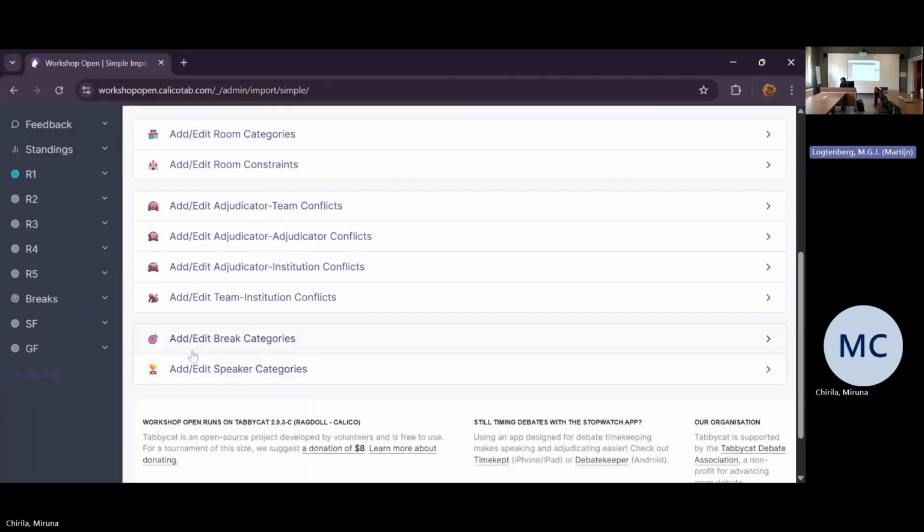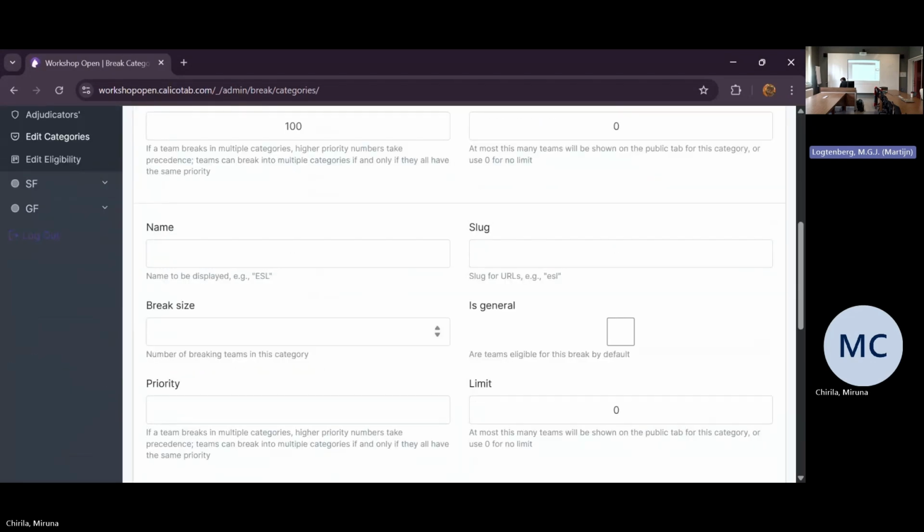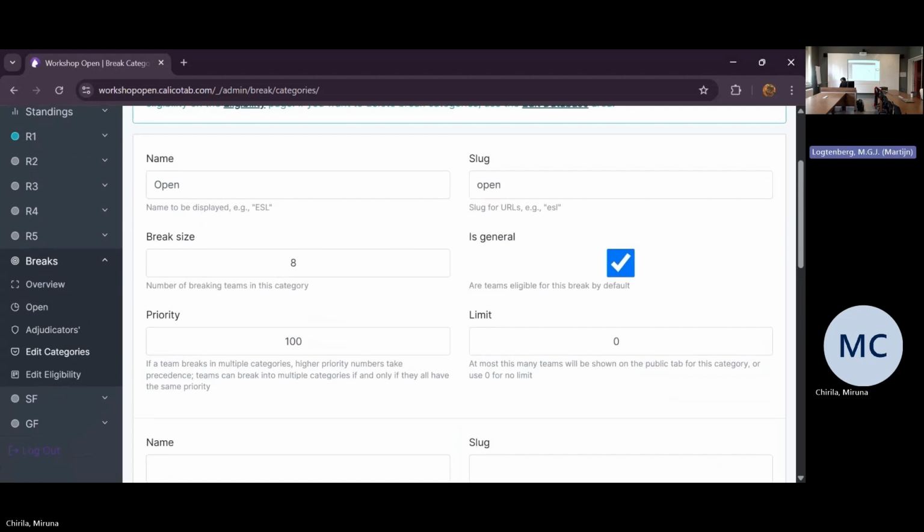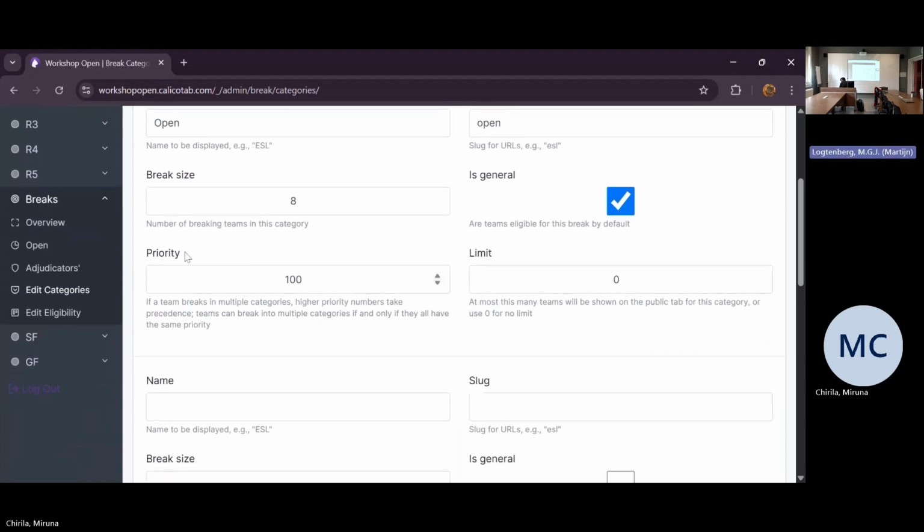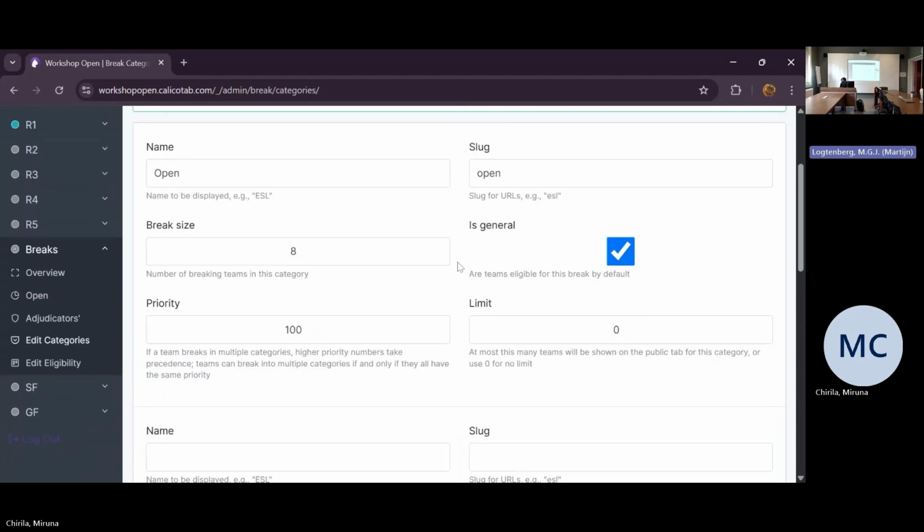From edit break categories, or speaker categories, this is where we would add novice or ESL categories. So it's going to look something like this. This is the open category where we have A teams breaking. So this is going to be a break to semis and is general. That means that all of the teams in the tournament are eligible for this break. Okay, and then priority is going to be 100. That means if teams are in the top 8 teams eligible for this break, they'll automatically go into